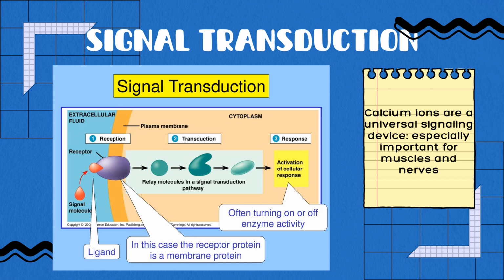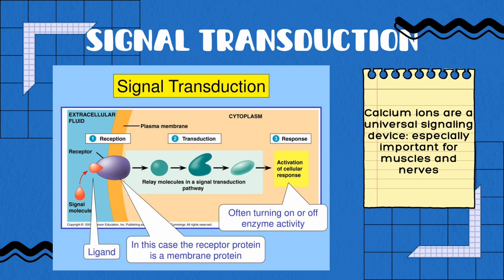So for the purpose of this slide, I'm going to be using the example of glucagon. So everyone here knows that glucagon is the hormone that's responsible for increasing the blood sugar. So the hormone that is glucagon here acts as the ligand, and it binds to the receptor, and it triggers a conformational change in the receptor, which causes it to dissociate. You don't have to know all of these details, this is just an example for your understanding. And then this releases a second messenger that's called cyclic AMP, and then this second messenger triggers the activation of different protein kinases and different